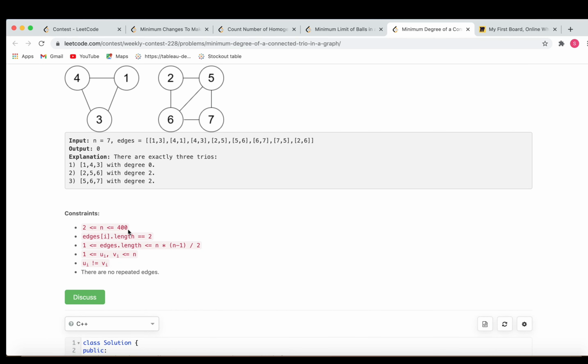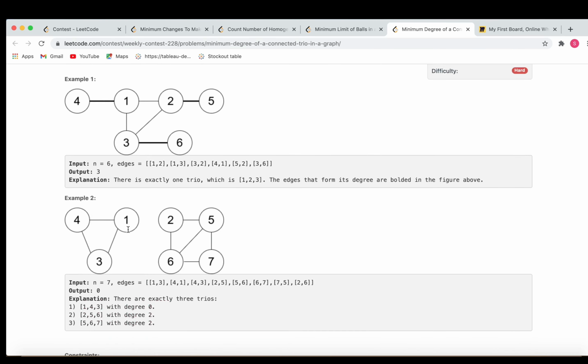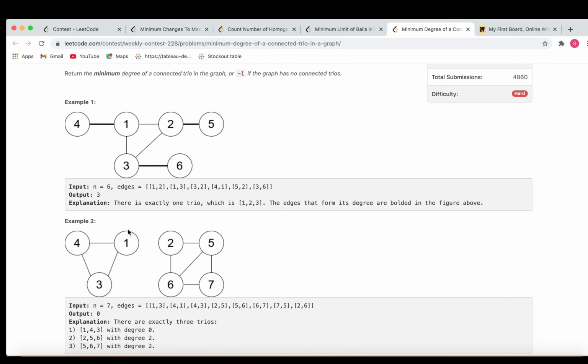N is 400, so basically we can think of at max an n cube log n approach. Okay, so we can go to n cube. Okay, so one of the basic ideas is to